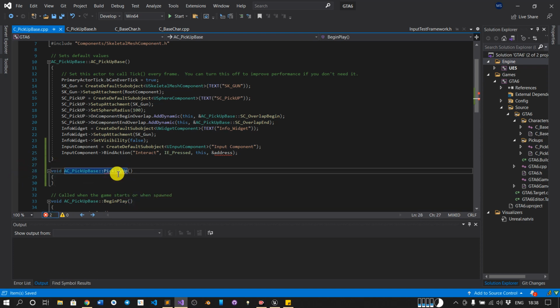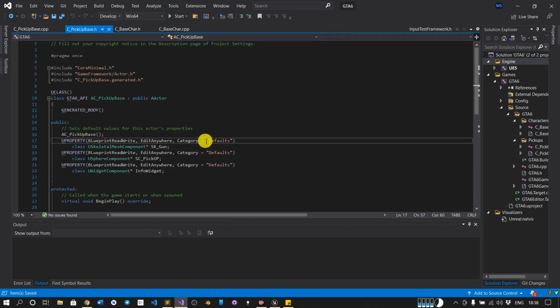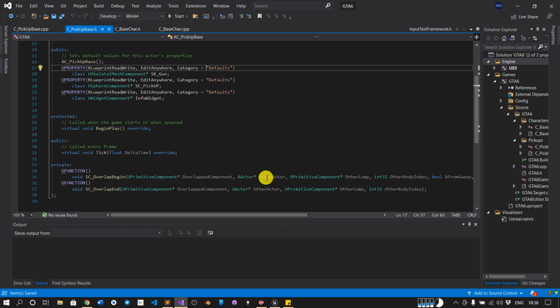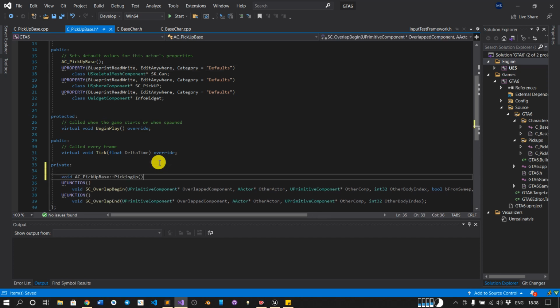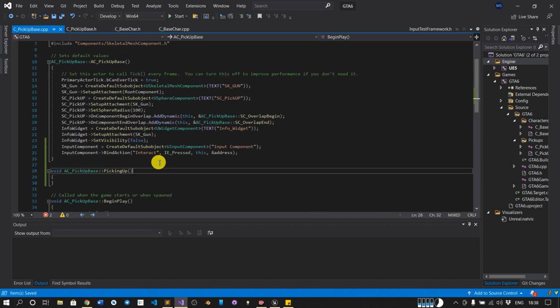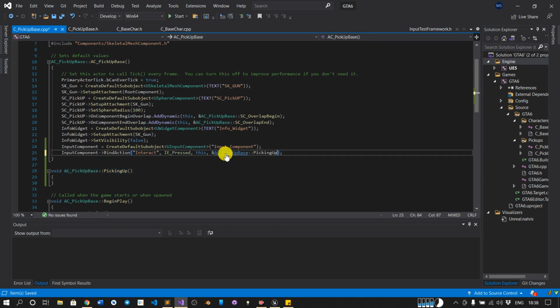It's not giving the shortcut, so we will just copy paste in the header file. So just go to private, we don't want it to be public. So we have created the function also. Now we want to access it inside here, right? So write the function address. So it's done.